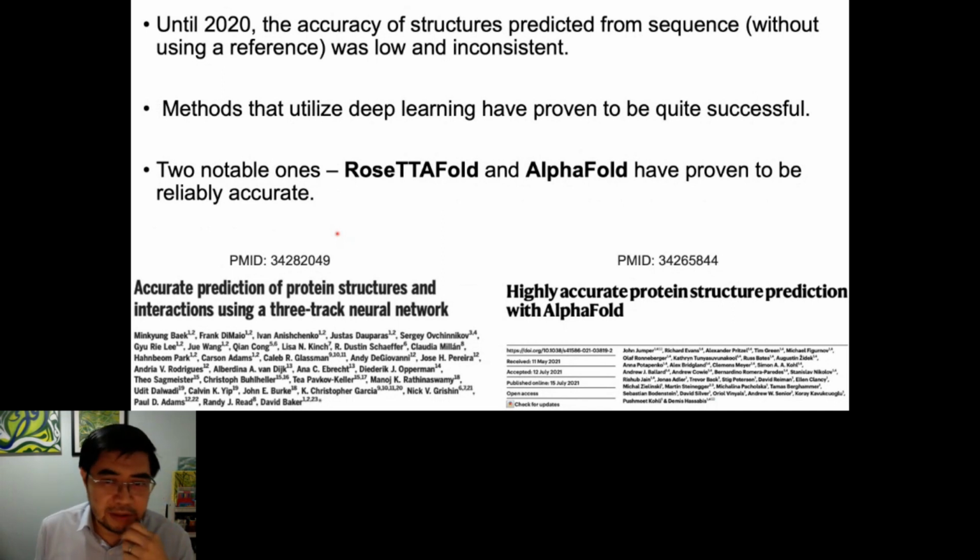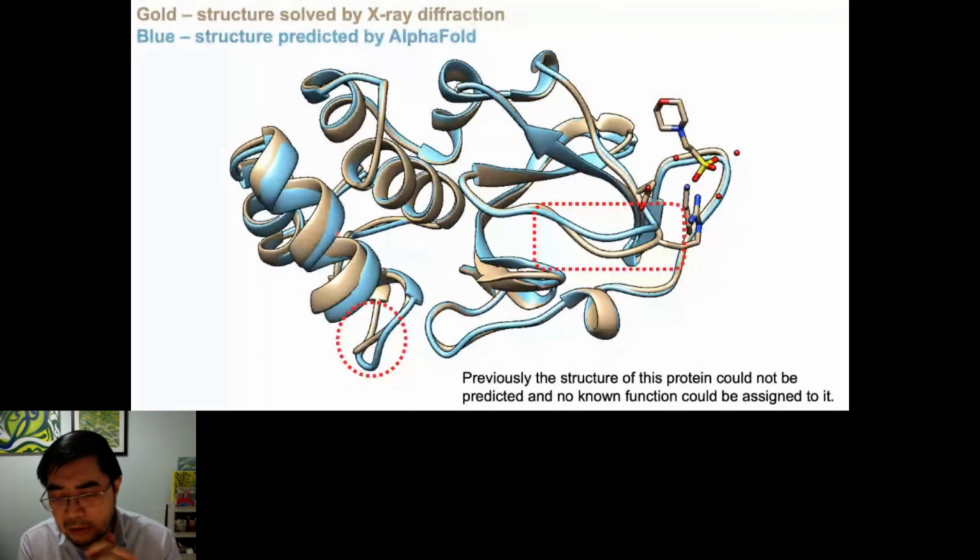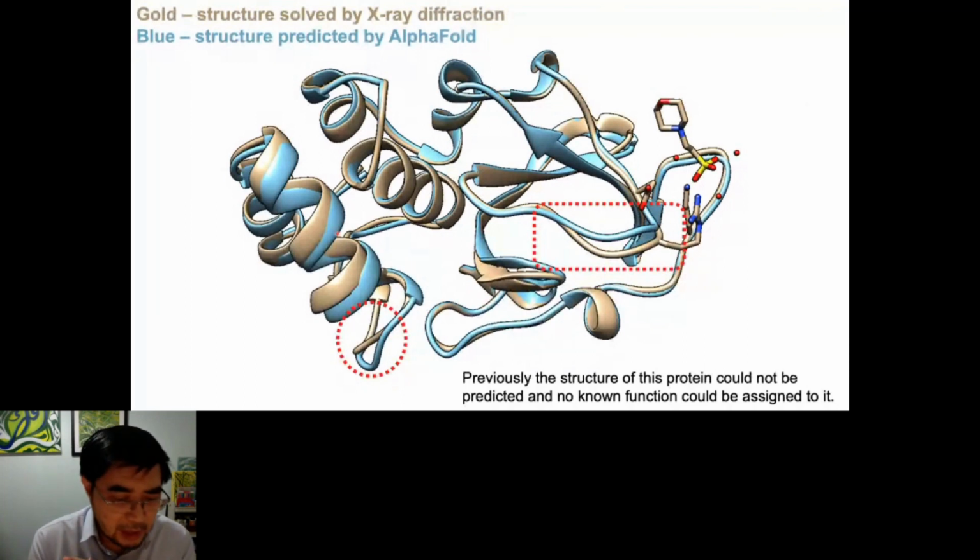However, methods that utilize deep learning have proven to be quite successful, and two notable ones are RoseTTAFold and AlphaFold. More recently, there are quite a number that have gone into this mix, which I'm not going to discuss further here. But just to show how good AlphaFold and these new prediction methods are, I've got an example here of a protein that we solved. This is a hypothetical protein